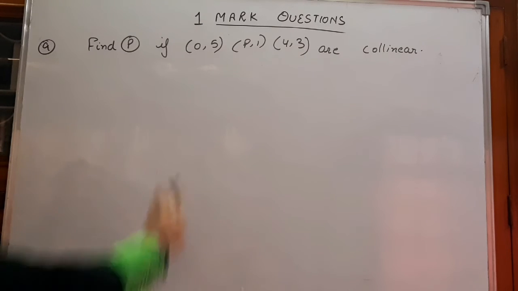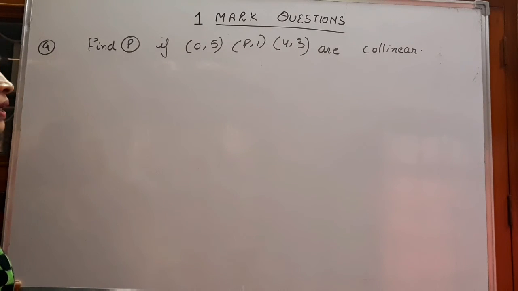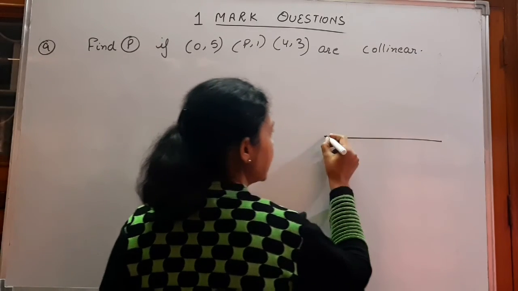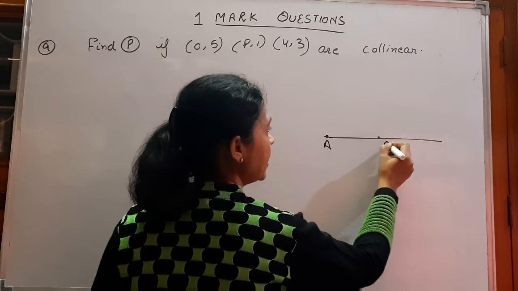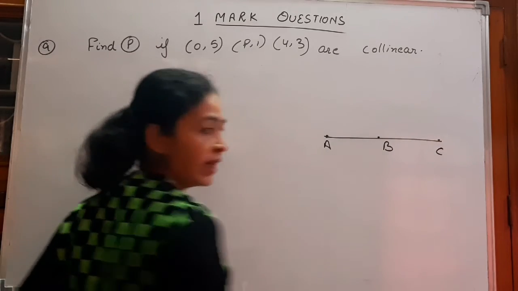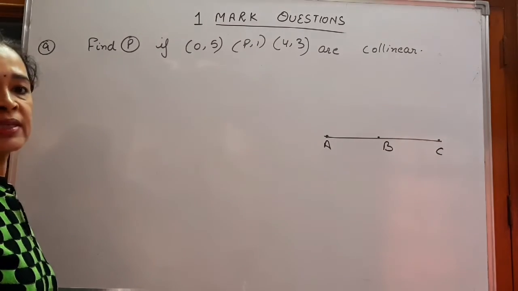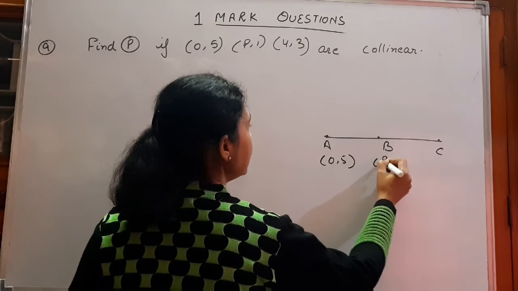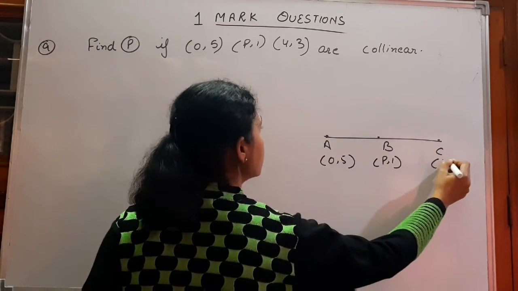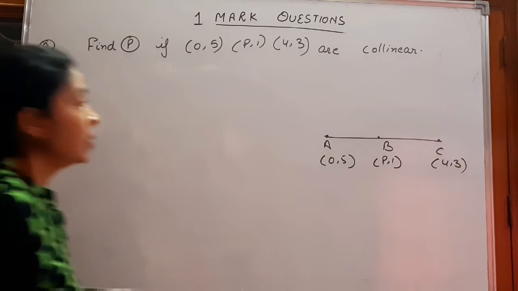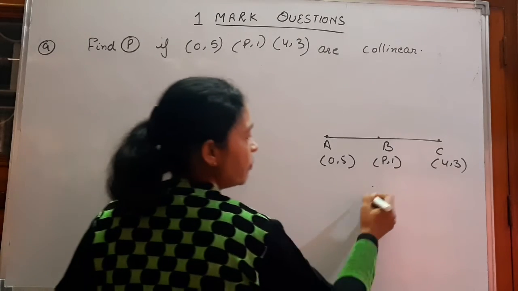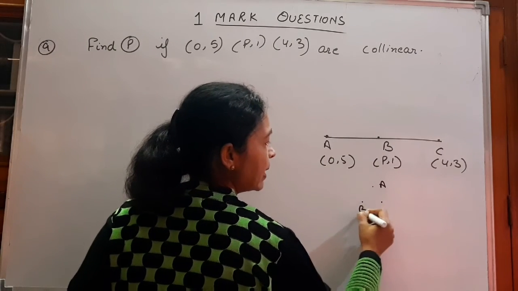Find p if (0, 5), (p, 1) and (4, 3) are collinear. What are collinear points? Let these be points A, B and C. Collinear points means that the points lie on the same line. (0, 5), (p, 1) and (4, 3). These points are collinear. What does this mean? It means if we think that it is a triangle,